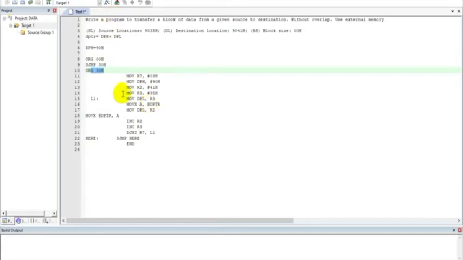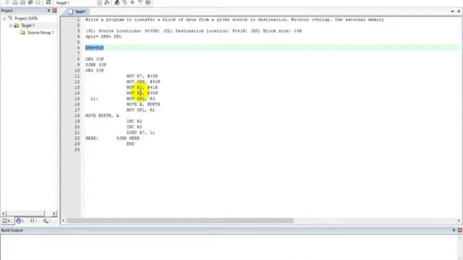Now coming to the program, I am taking one register. We have registers R0 to R7. So I am taking register R7 to load the count. Count is the block size I assumed. Next, as we said, DPH can be directly loaded with 90 because it is common in both source and destination. I am directly loading 90 to DPH. 35 and 41 are the lower byte addresses and I am temporarily loading them into two different registers, R2 and R3.